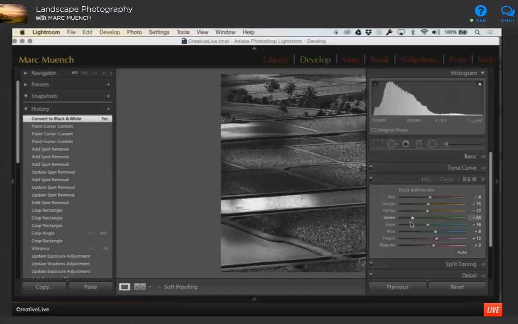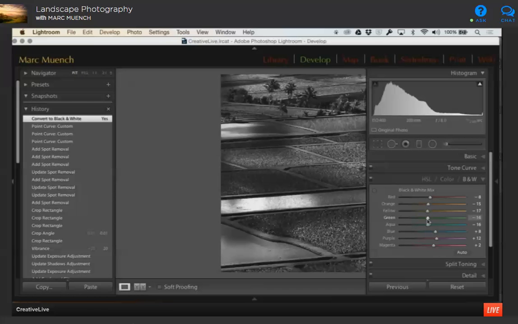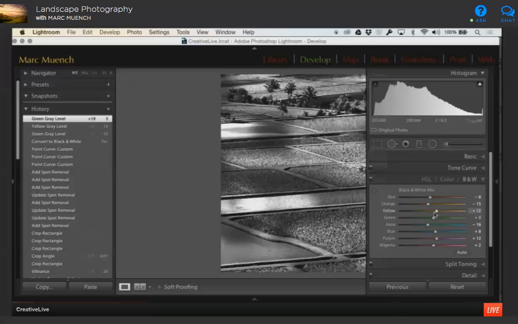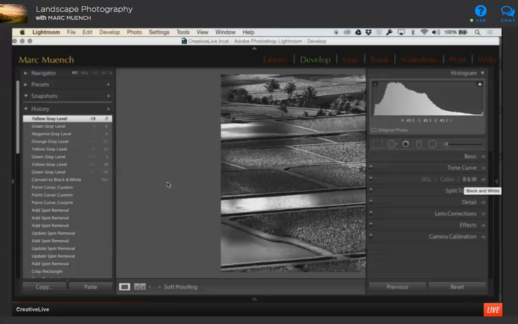Okay? So that's one modification you have, and remember there's a lot of yellow and green, so if you take those two sliders you're going to be able to affect this as a black and white considerably. The orange slider isn't going to do much. The magenta slider isn't going to do much because that color is not in the color file. So you have these as a first move, okay? So that's one of the first in black and white. And then again, once I've started